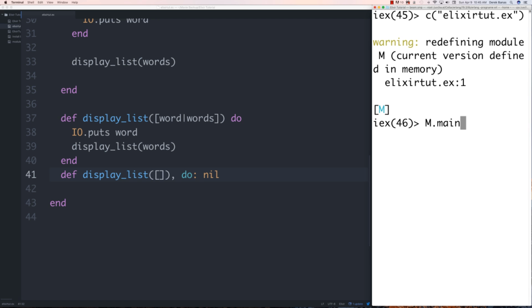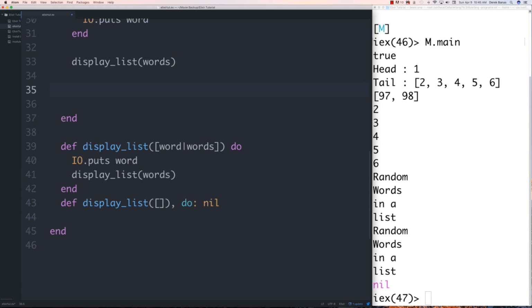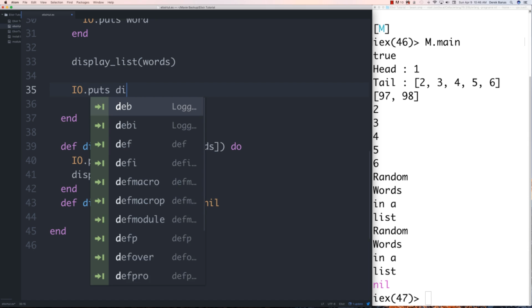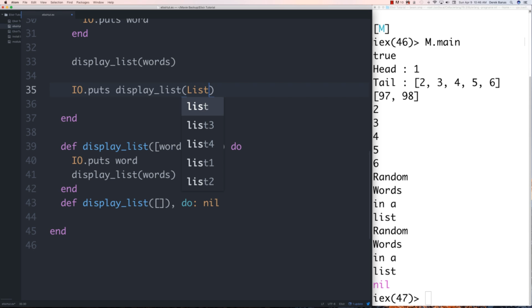And we'll run it. And now you can see it also is another way for us to print out all of those different words in a list. And we'll do more with recursion as the tutorial continues. Now we're also going to be able to come in here and delete given items from a list. So I'm just going to go IO.puts and show you what it looks like. So we'll say display list, and then I'm going to go List.delete words, and I'm going to delete random